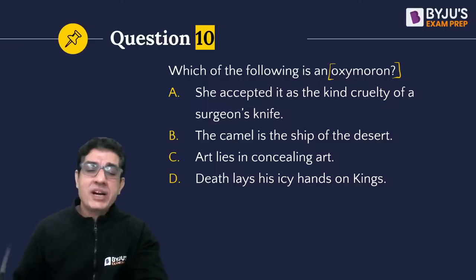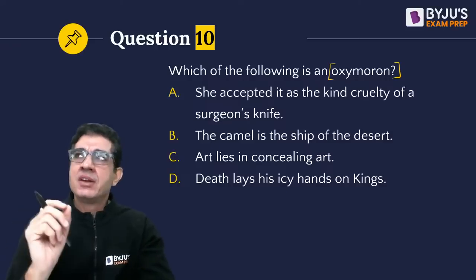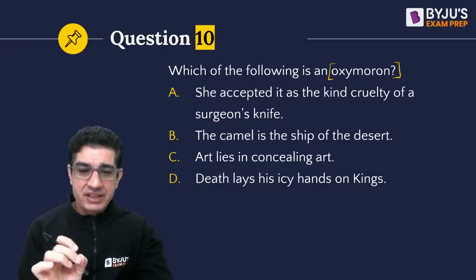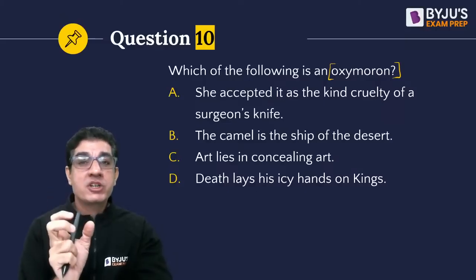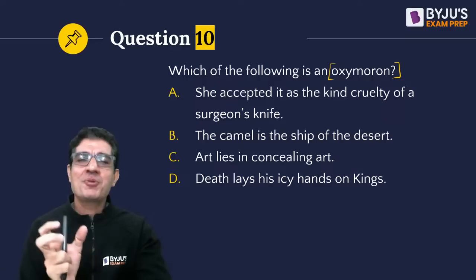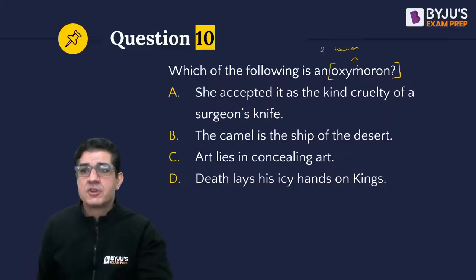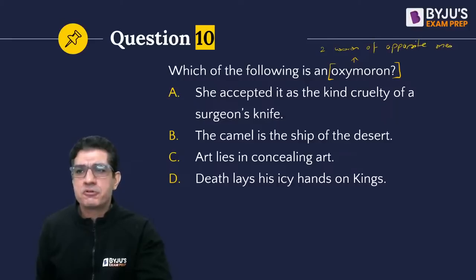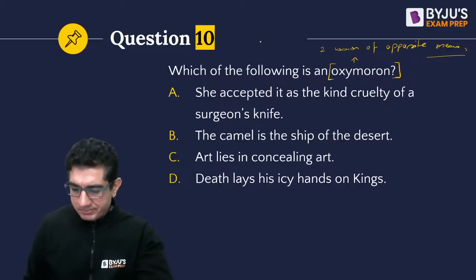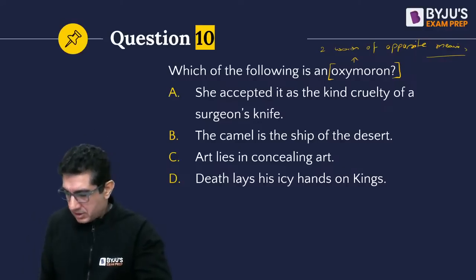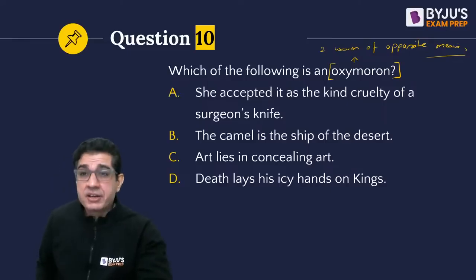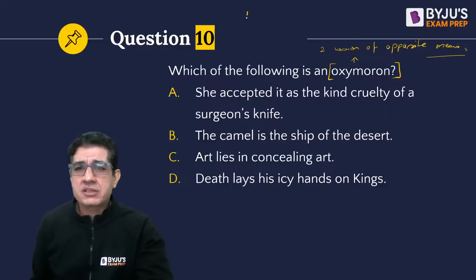So first up, what is an oxymoron? An oxymoron is defined as a phrase in which two words of opposite meaning are brought together. So it is a phrase where you have two words of opposite meaning. For example, let me give you some. So, for example, you've seen this